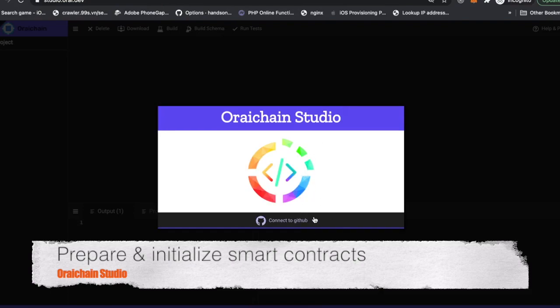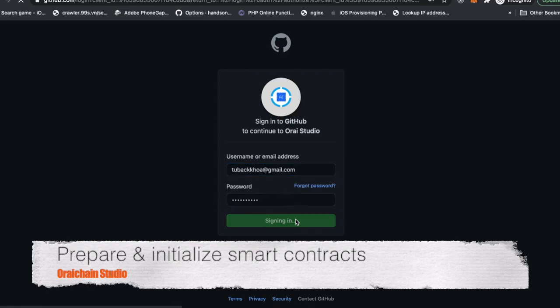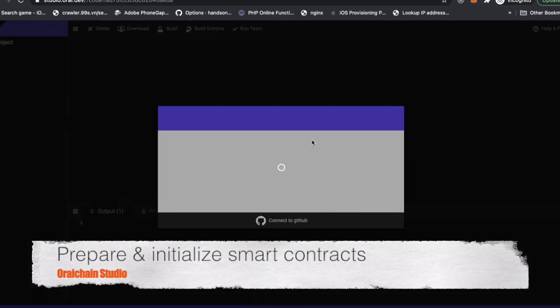You need to click on the Connect to GitHub button at the bottom of the pop-up, and fill in your account and click on Sign.